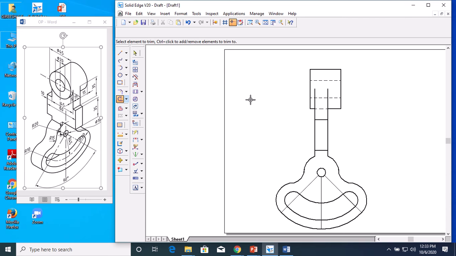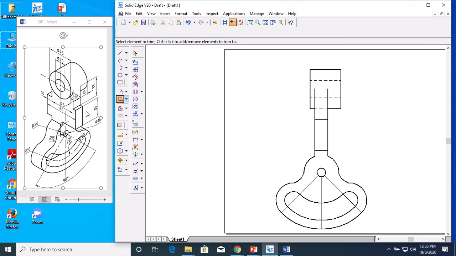So it is not possible to make it at this size. This means you can scale down. Once you scale down the front view, because the entire dimension is taken by this front view itself.